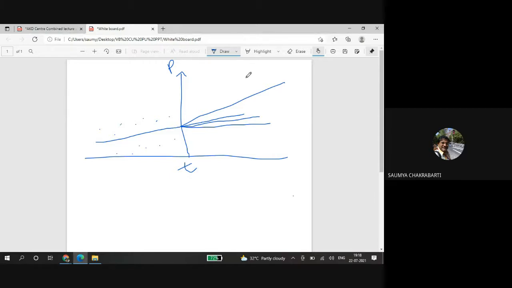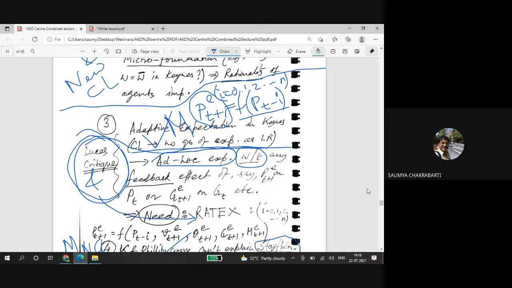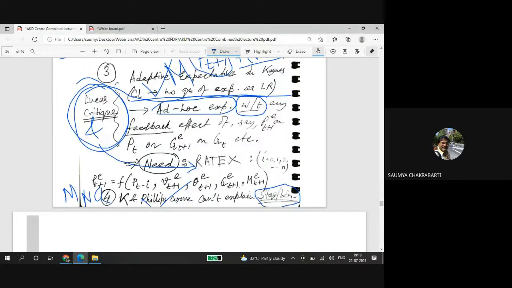So you have to take into account future possibilities, current and future possibilities. And you are too naive. This is called naive expectation. That's why you become too naive if you just focus on past prices. Rather, you have to have an equation like this, where the future price is a function of past prices, all